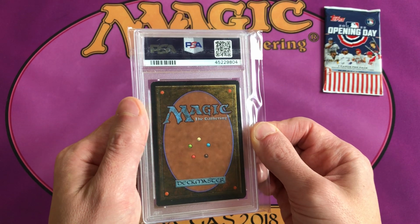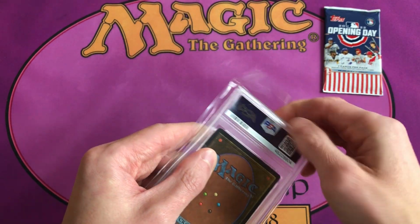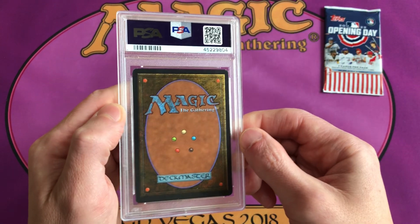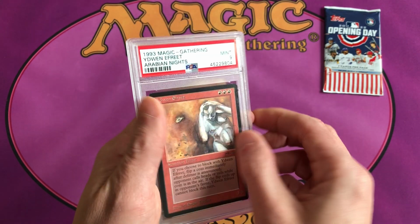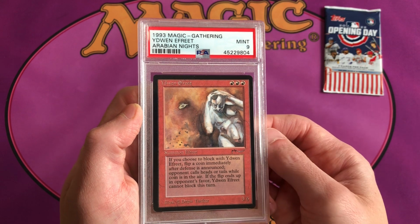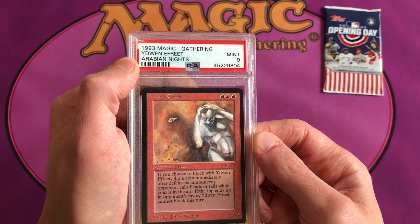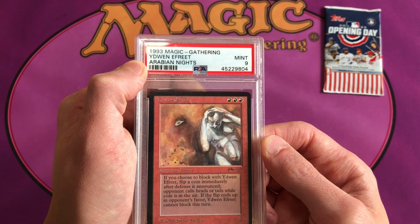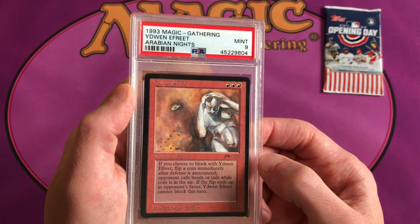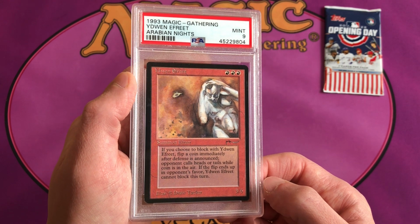So this card is, as you can see, a PSA graded card. They put it in a little team bag that you can take out. It is in great shape, and the card is a PSA 9 Ydwen Efreet, which is a rare card from Magic the Gathering. Ydwen is an anagram for Wendy, who is a friend of Richard Garfield's, I believe, at the time. And this is a creature card that is a 3/6 power toughness, and it has the coin flip ability,